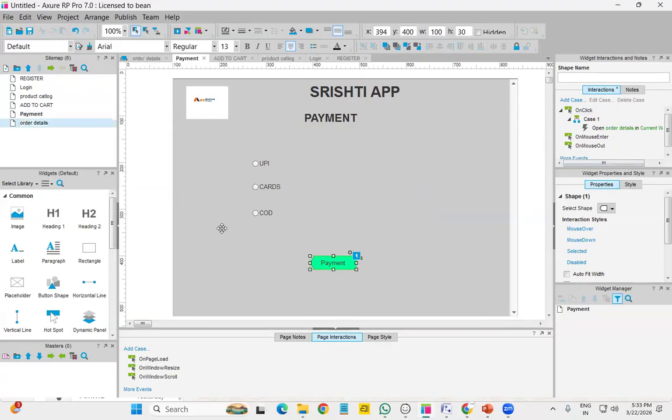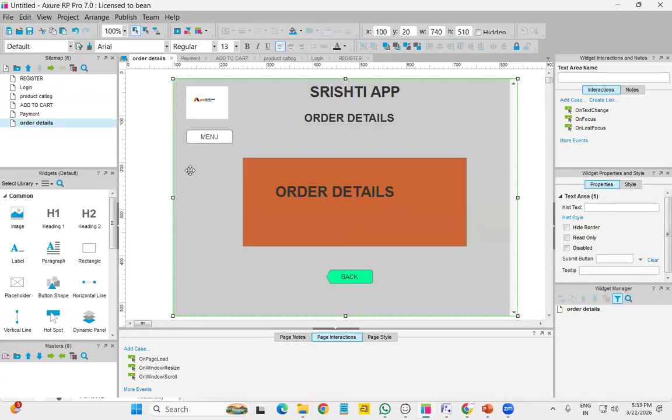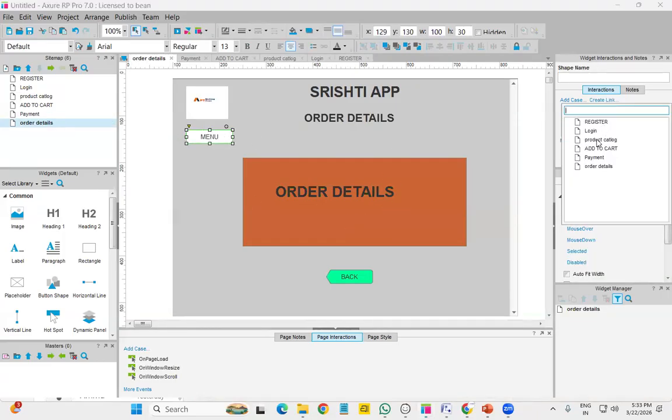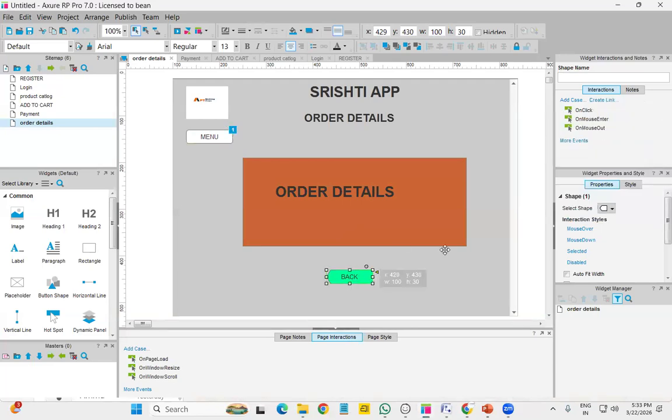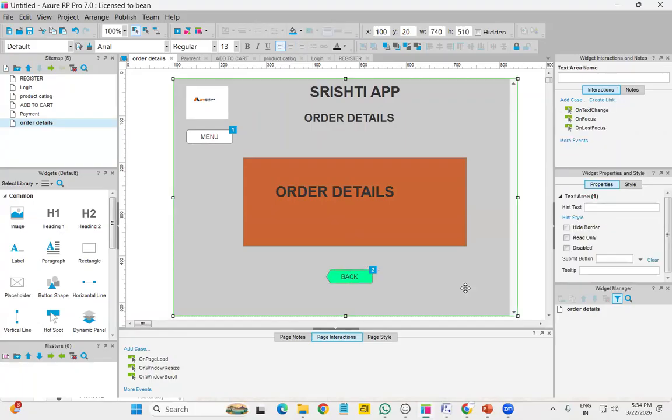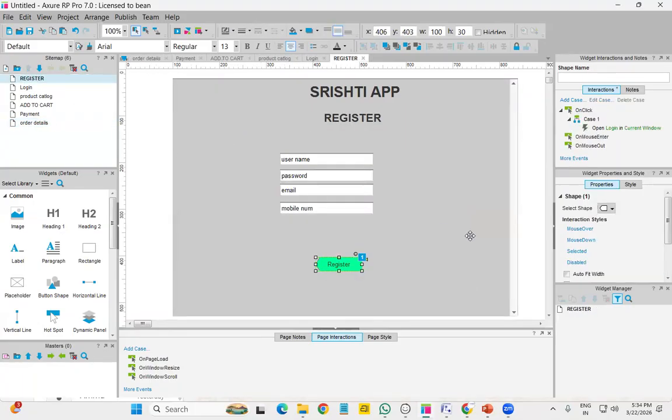Okay. So here in this order details also we have two buttons, right? So one is menu. So it should go to this product catalog, and for this back it should go to the payment button, right? So now I will be going to display about this